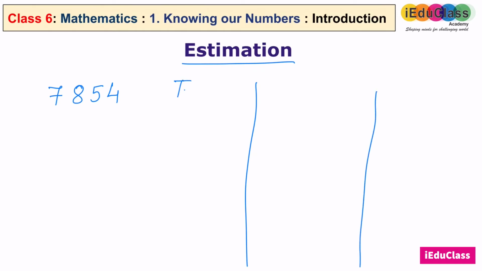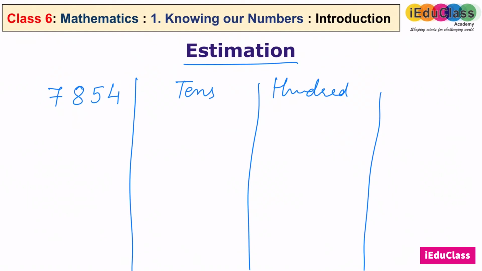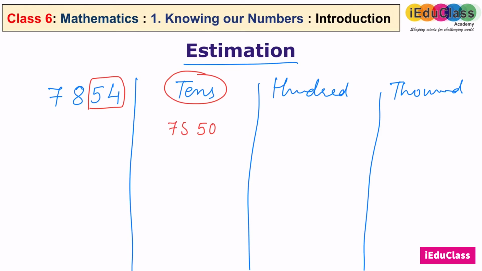First is tens, second is 100, and third is 1000. Okay, so when you are estimating to tens, you have to see the last two digits, 54. 54 is nearest to 50, right? So we will write 7,850. 54 becomes 50. If you are estimating a number nearest to 100, you have to see three digits